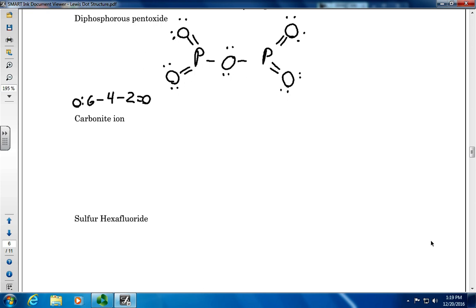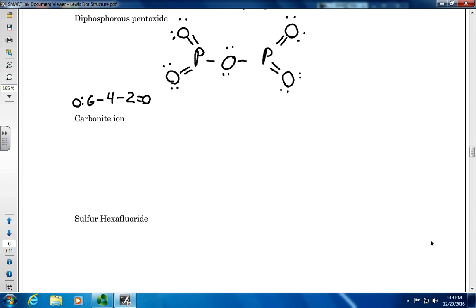And then pentoxide, oxygen has 6 valence electrons. There are 5 of them, so that's 30. So there should be a total of 30 plus 10, which is 40 electrons. If we count these out, each double bond counts as 4 electrons. So we have 4, 8, 12, 16, plus 2 single bonds, that's another 4, so that brings us to 20. Then we have 2, 4, 6, 8, 10, 12, 14, 16, 18, 20 single electrons. 20 and 20 is 40. So we've used up all of the electrons in this particular